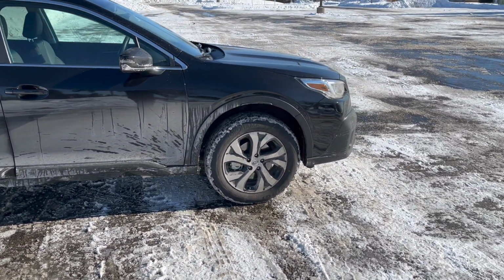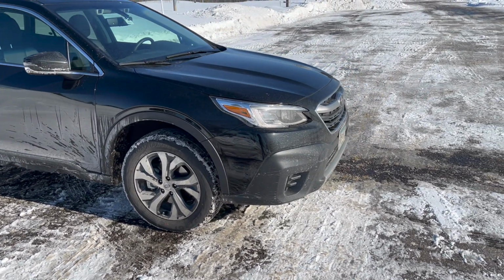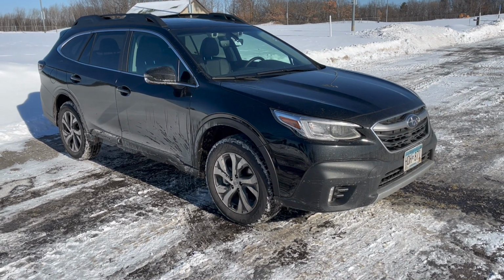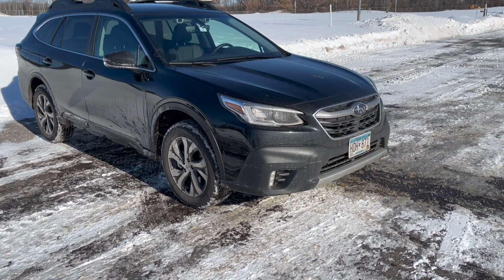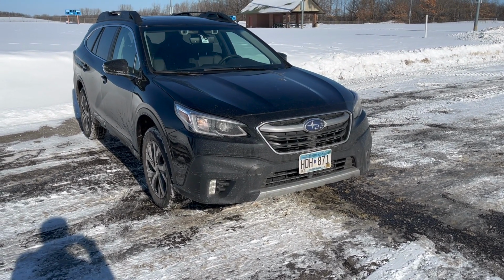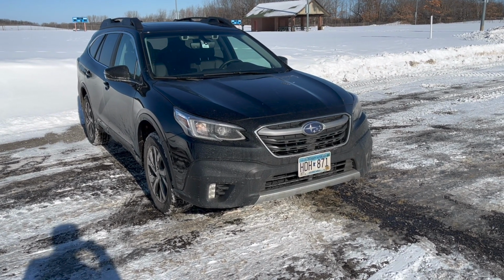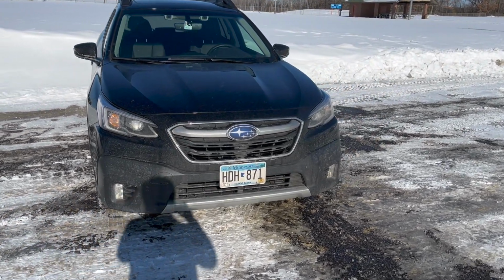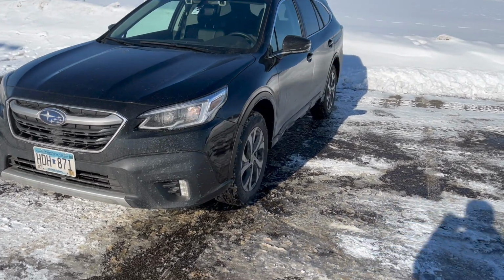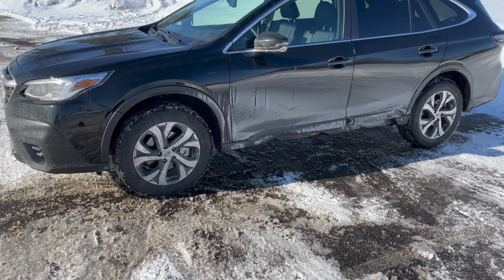But there's a lot of general improvements with this versus the 2018 we had before. It has a larger interior screen, which I'll get to in a minute. Has EyeSight 3.0, which is just improved over the 2.0 system in the 2018 Outback. LED fog lights are standard for 2022 on Limited trims and up, which was an option on Limited for 2021 and 2020. LED swiveling headlights, incandescent turn signals, or non-LED turn signals front and rear, but LED brake lights, LED headlights, LED DRLs,